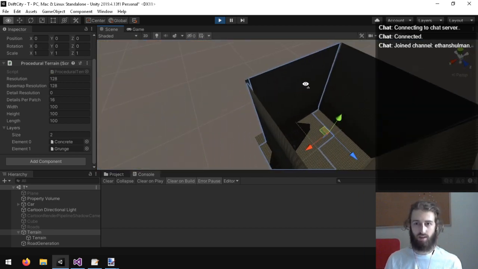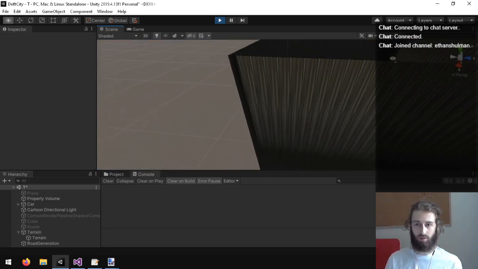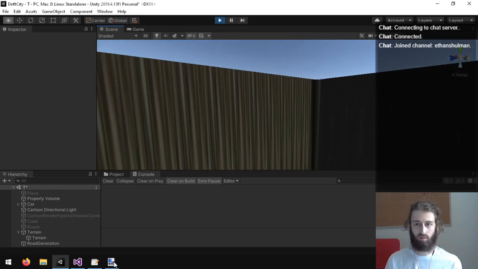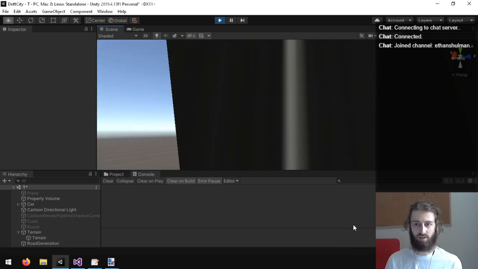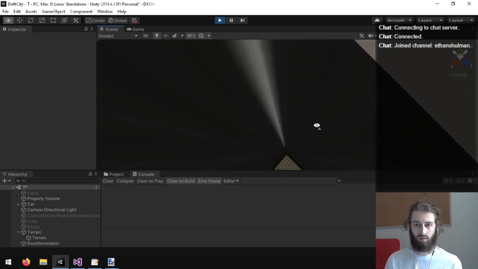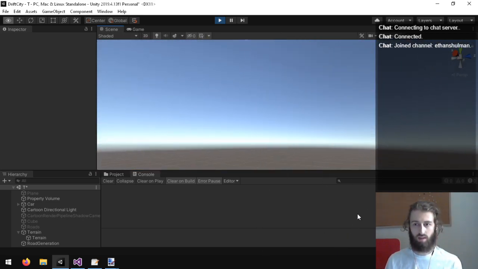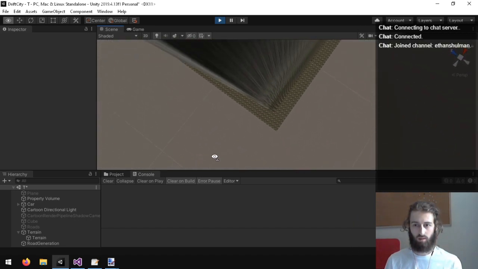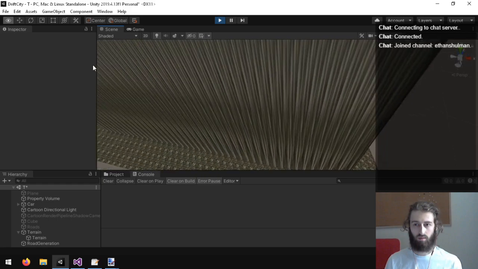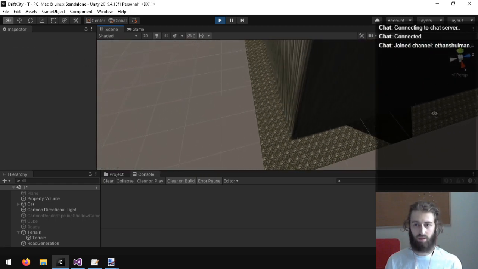So that is the wall I was talking about, or like border. It's interesting though, it almost looks like there's like cracks in it. Oh, so I guess that is the gray. That's the splat map texture.